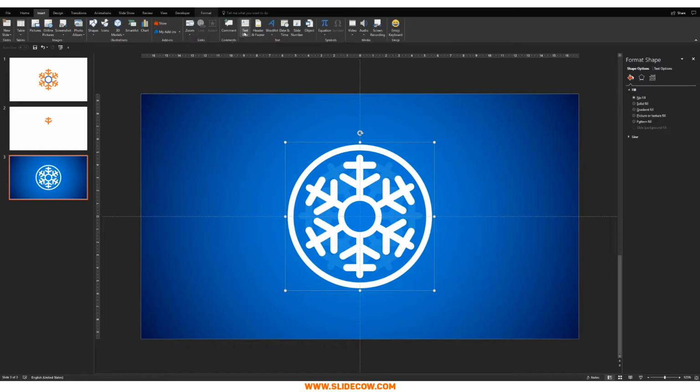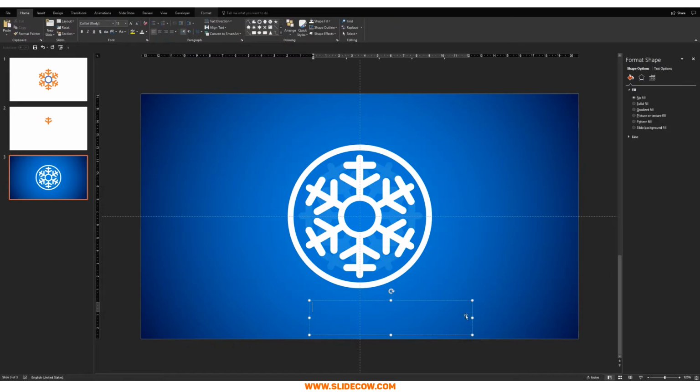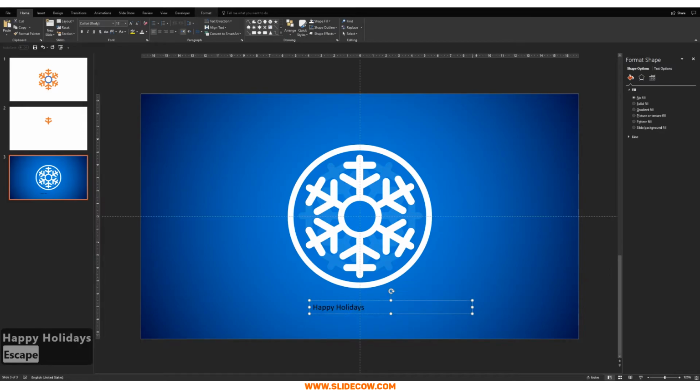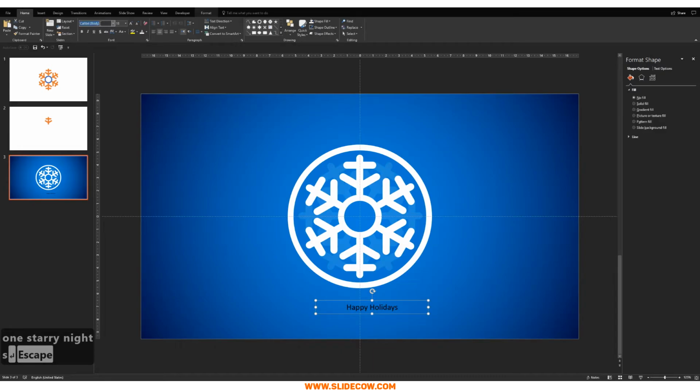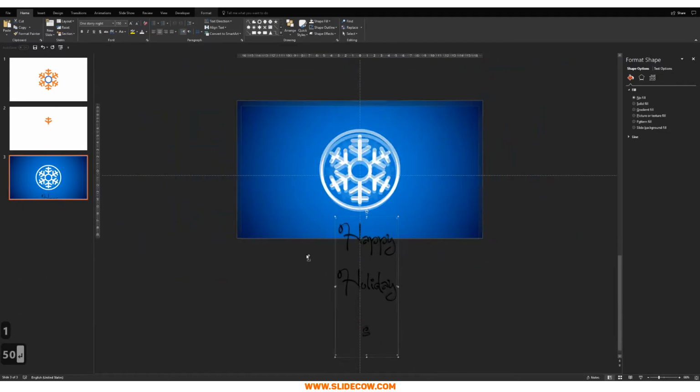So let's just go to text box and type in Happy Holidays. I downloaded a font before. I think it was called One Starry Nights or something. Let's just type that in and see what we get. One Starry Night. Nope, that's not it. What about One Starry Night? Yeah, that's it. There we go. So we downloaded this font before, and I'm just going to blow it up by, I think